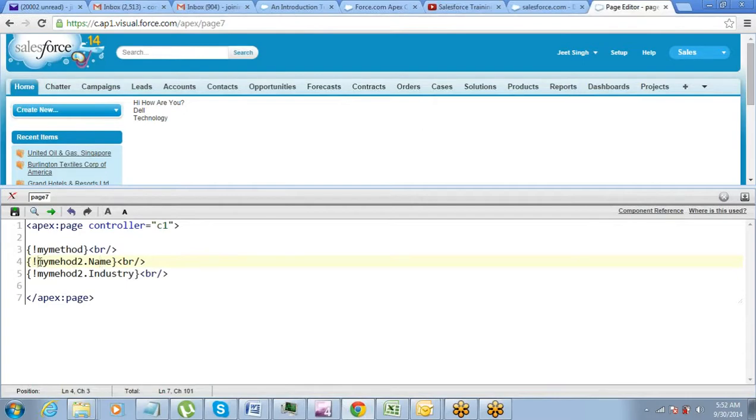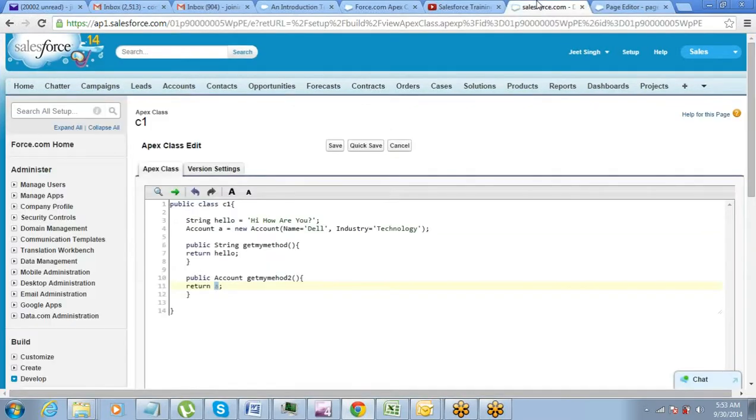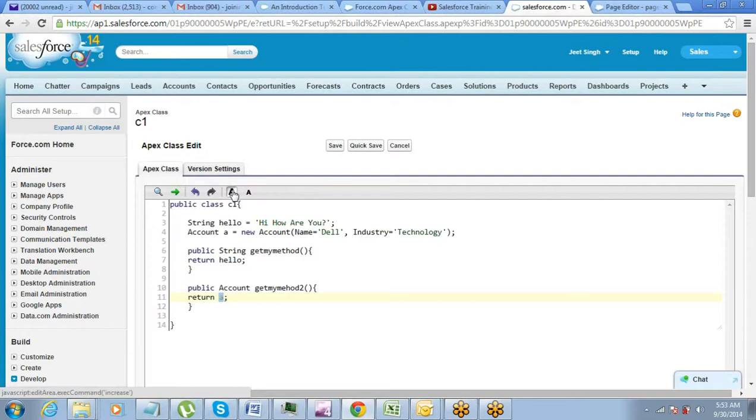So my method 2 returns the account, and then if you put a dot and the field name, then you will get the value of the field name basically. So this is how it is, right? So this object is also allowed here. So instead of account, you could have used contacts, opportunity, whatever, right?